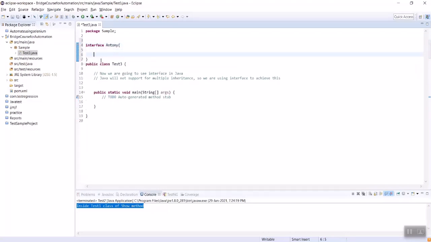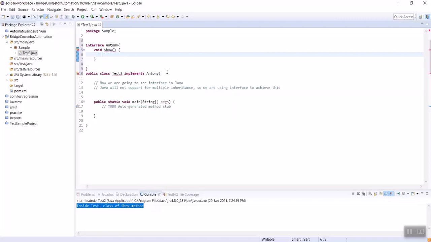The interface name is Anthony, then open and close braces. So you can implement the interface with the class test3. Whatever methods and variables we have declared inside the interface, we can utilize in the following classes. So we are implementing the interface.